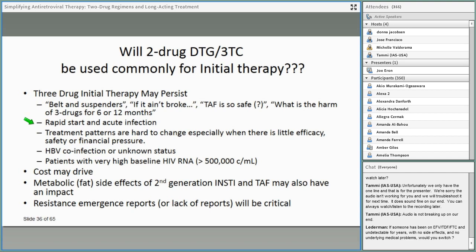So I think there will be persistence of 3-drug initial therapy, and for other reasons. I think for rapid start and acute infection, where you don't have resistance testing, you don't have hepatitis B testing, I think treatment patterns are hard to change, especially when there's little efficacy difference, little safety difference, and as yet little financial pressure. I think if there's more financial pressure towards a 2-drug regimen, then I think that will change